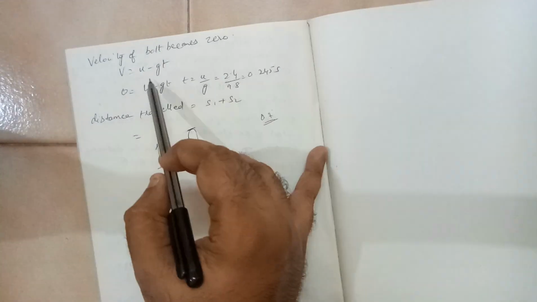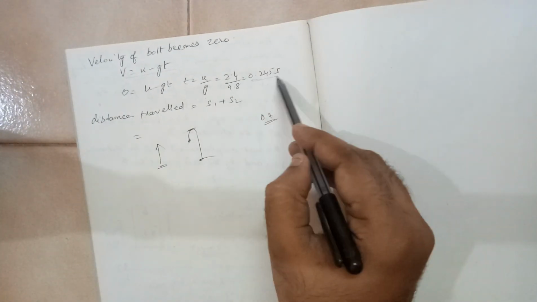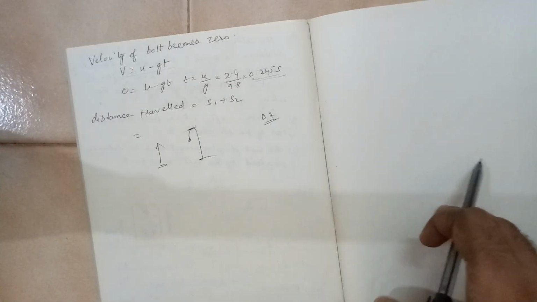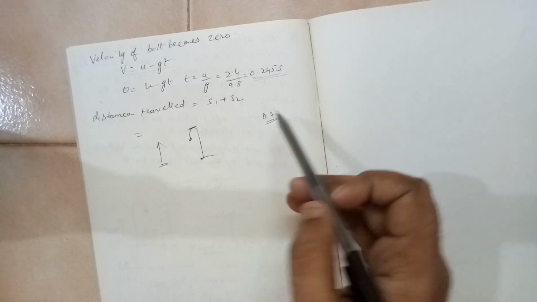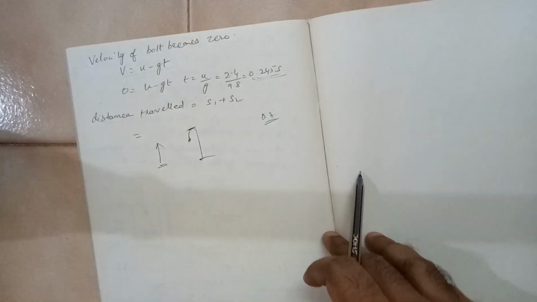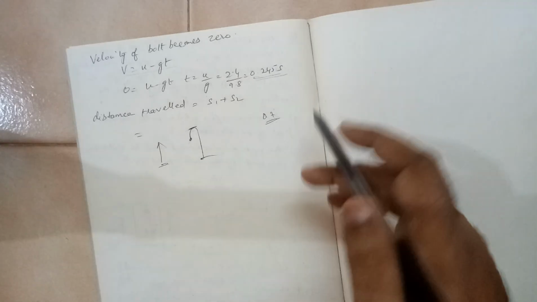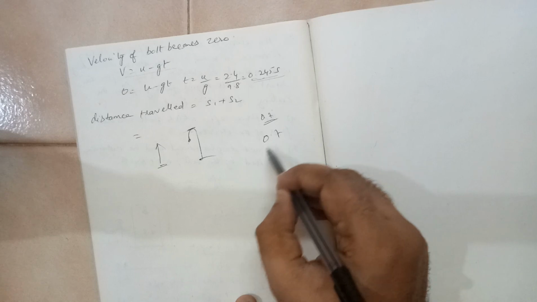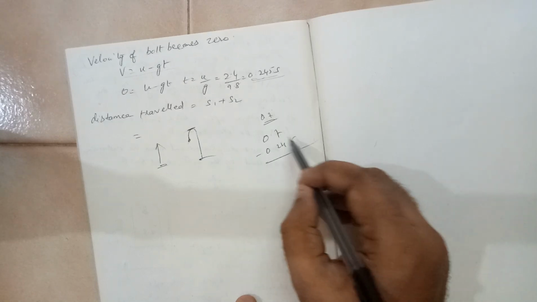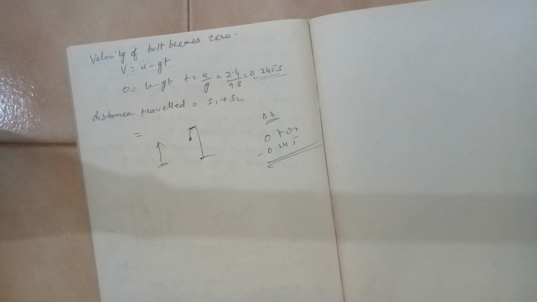What is the time? v is equal to u plus at. a will be equal to minus g. If you calculate t is equal to u by g, you get 0.245 seconds. So it traveled for 0.7 seconds. First 0.245 seconds it had some speed. After 0.245 seconds, that is 0.7 minus 0.245 seconds, it was falling down like a free fall with no initial velocity.